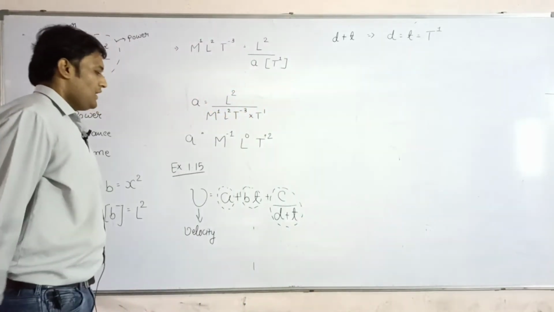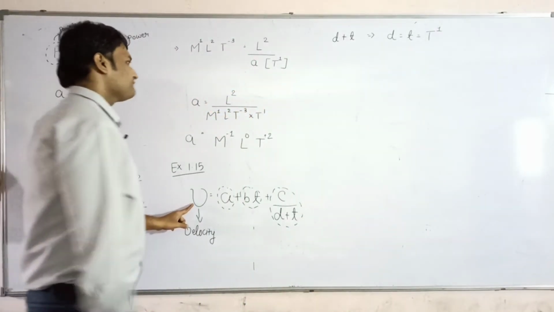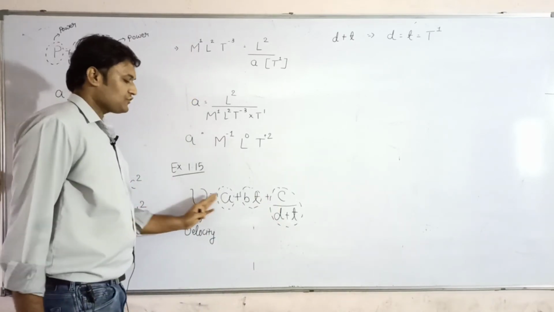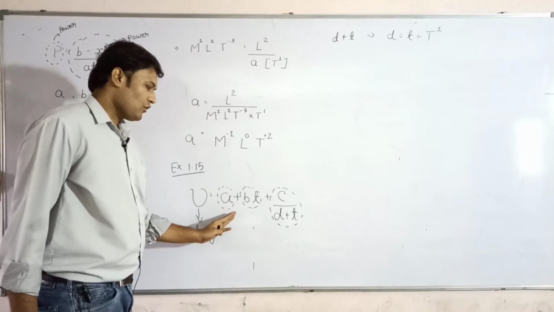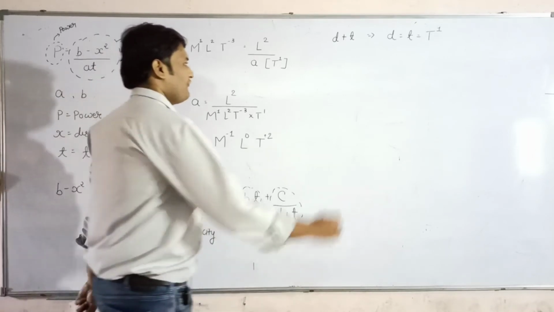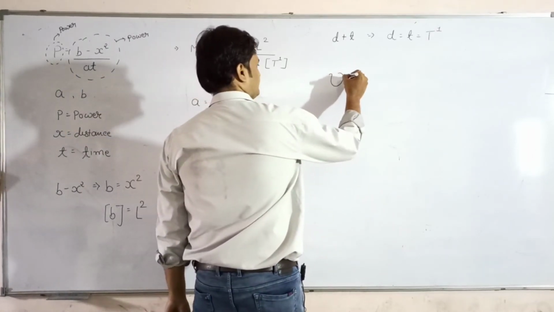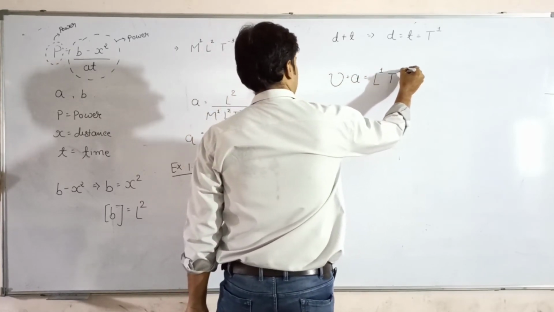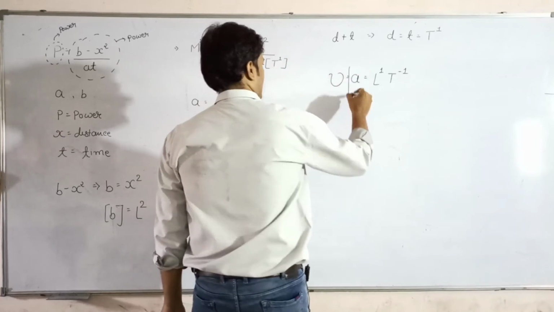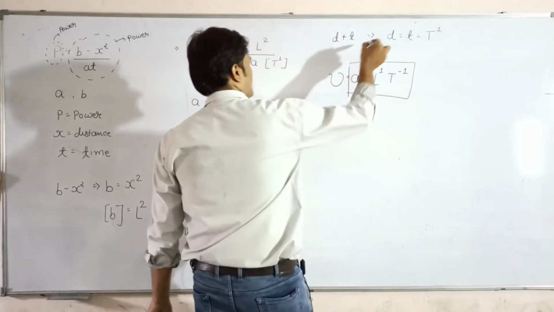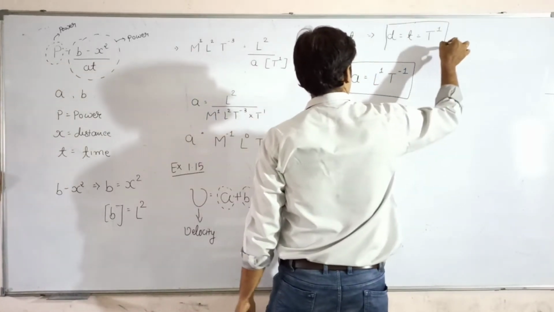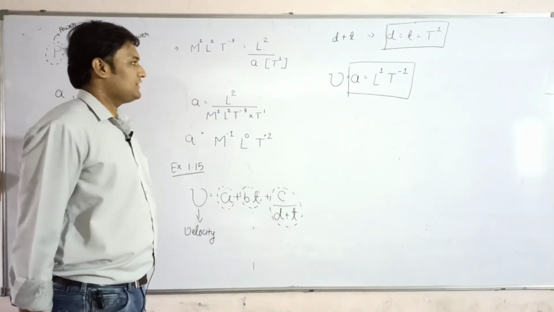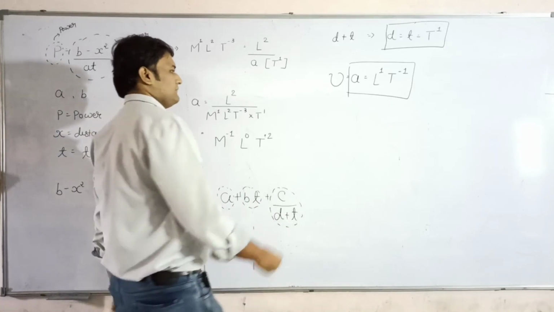Now it is very simple. LHS is velocity, so RHS is also velocity. So v is equal to A, it is L1 T minus 1. Here we have to find A. Here D is T1. Now we want to find out C. And B is very simple.